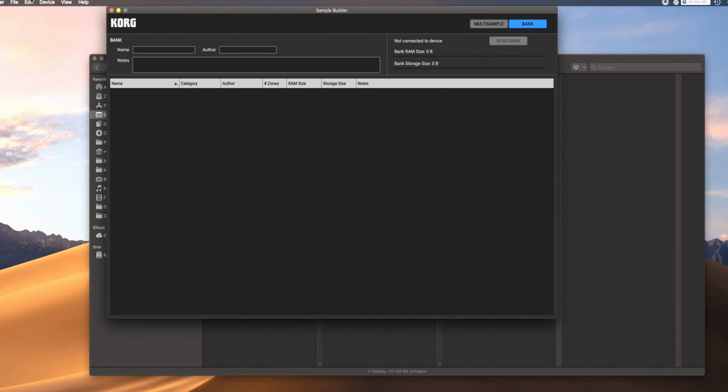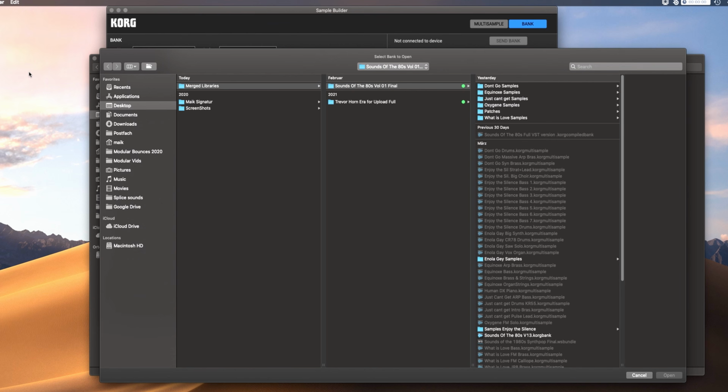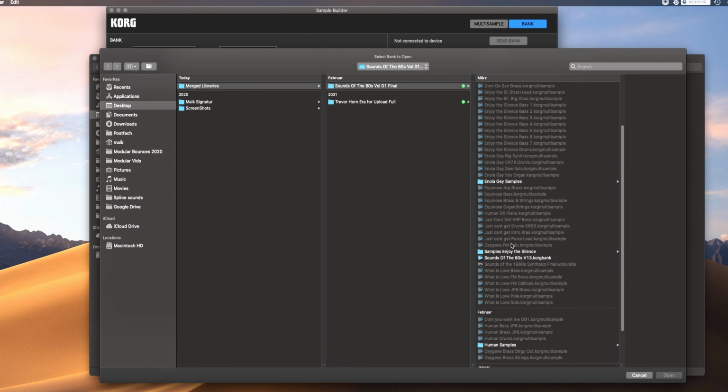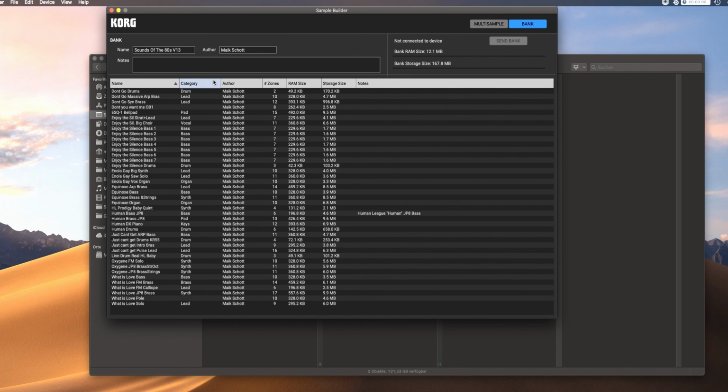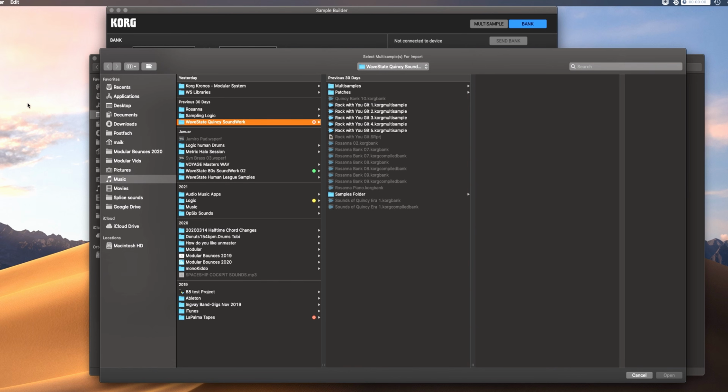Then I start the program Sample Builder, open my first bank. In this case it's the 80s synthpop bank because it contains the most multi-samples. Look, I load the Korg bank, and next step is I want to add now the multi-samples of the second library.